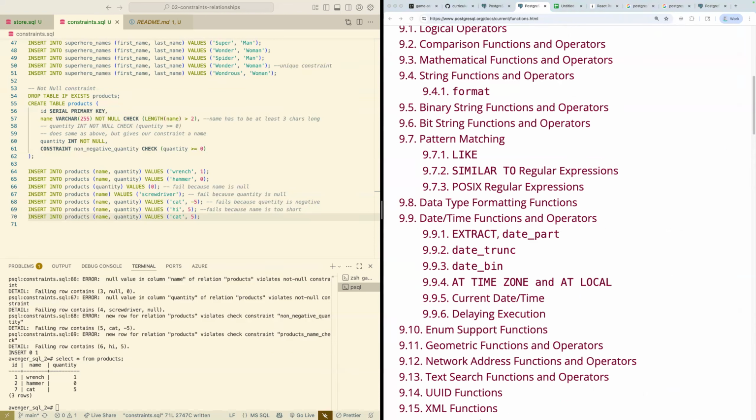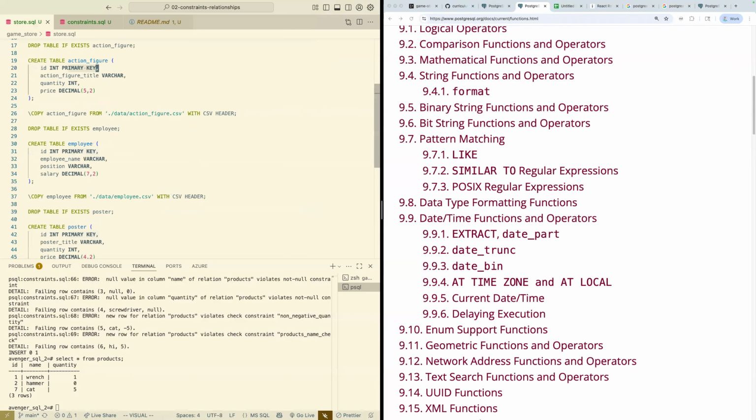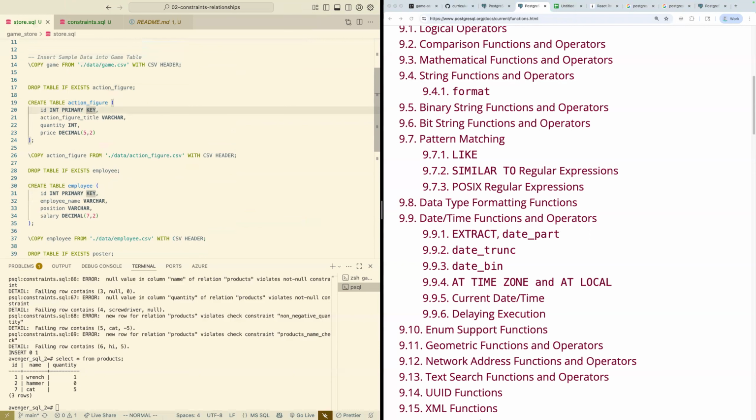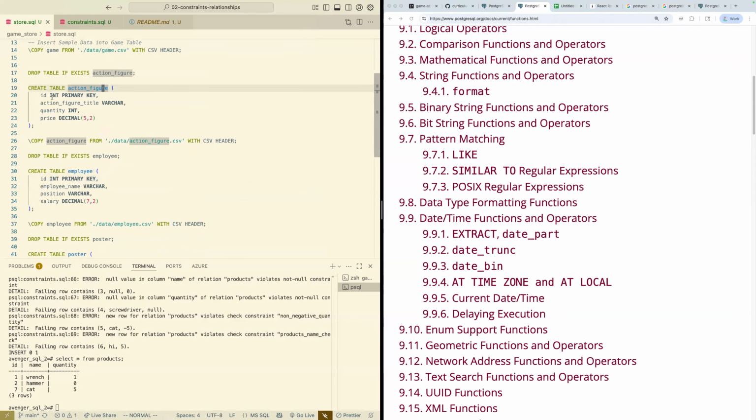So let's hop back to our game store, and let's look at this with fresh eyes and use all of these constraints that we've learned. So for my action figures, we know this is going to be a primary key. I know the action figure title is a varchar,